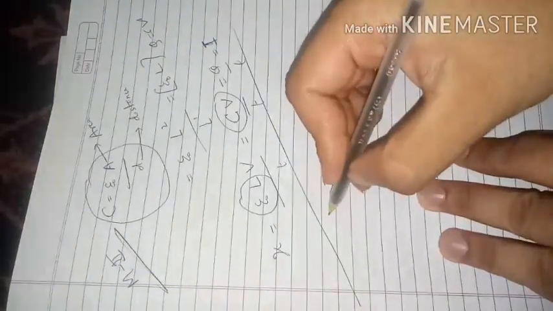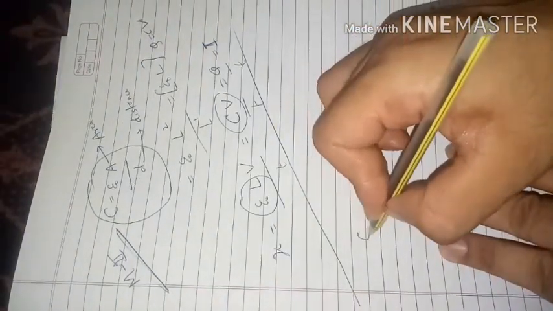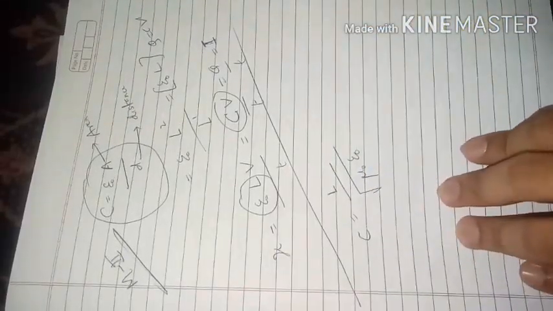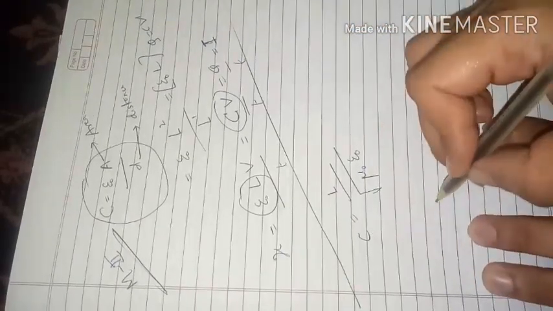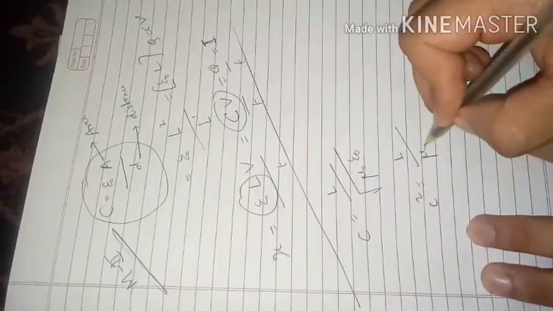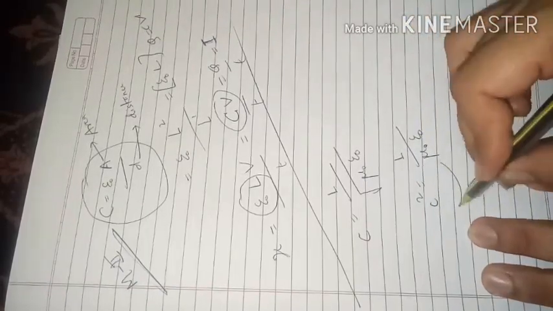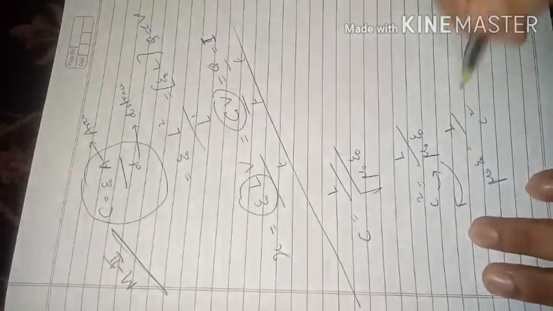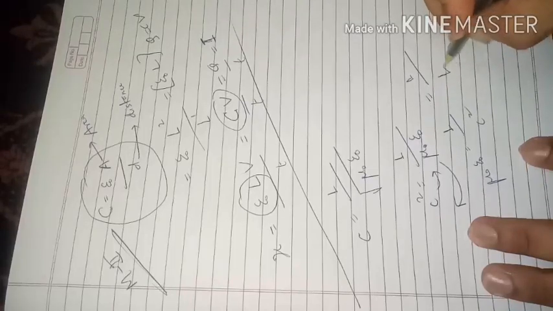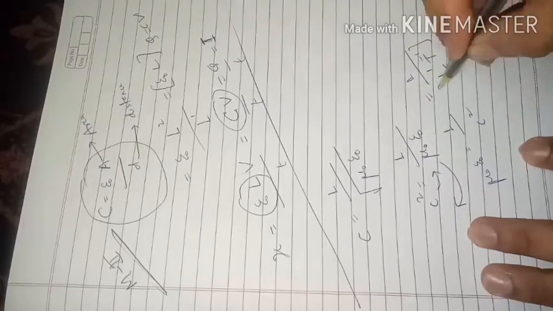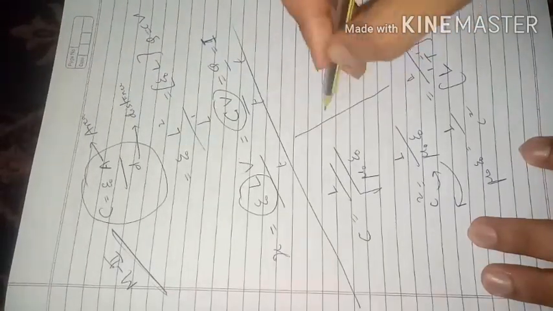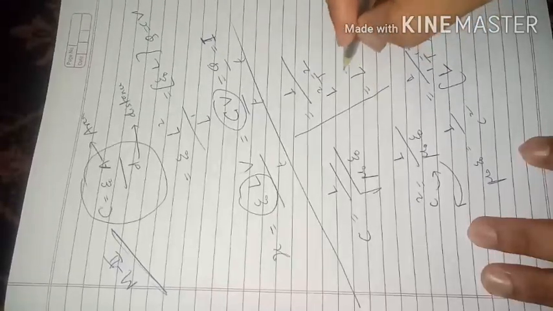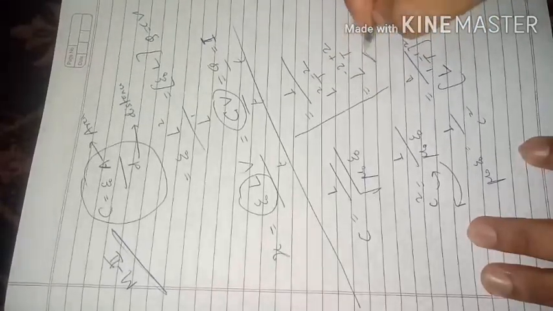For this also you must know one formula, that is the speed of light. Speed of light is given by 1 by under root mu naught epsilon naught. If you know this formula, you can easily find out. So c square will be 1 by mu naught epsilon naught, and if you bring it across, you will get mu naught epsilon naught is equal to 1 by c square. c is velocity of light, so velocity is L1 t raised to minus 1, raised to 2. So this will become 1 by L raised to 2 t raised to minus 2, which will become L raised to minus 2 t raised to plus 2. So this will be the answer.